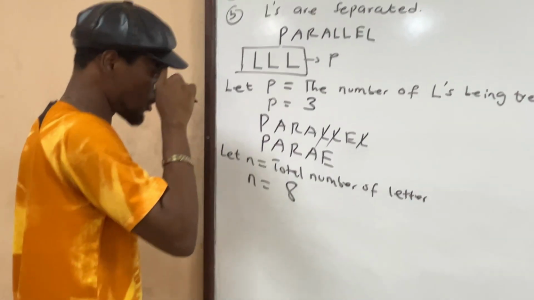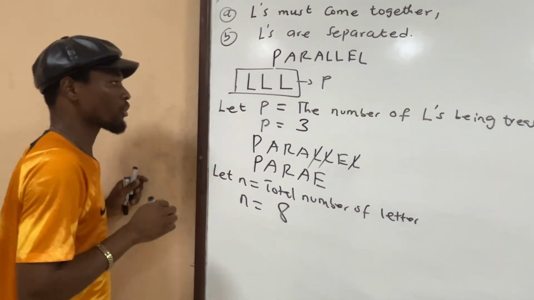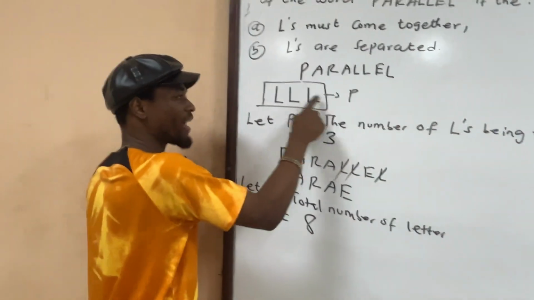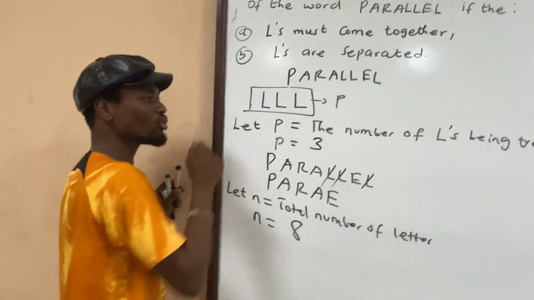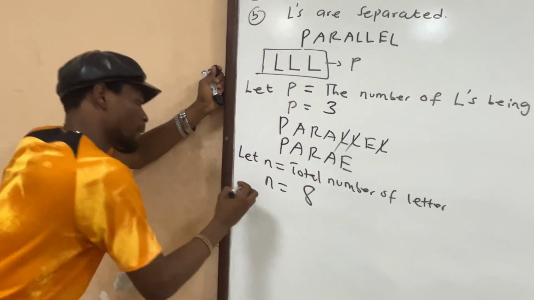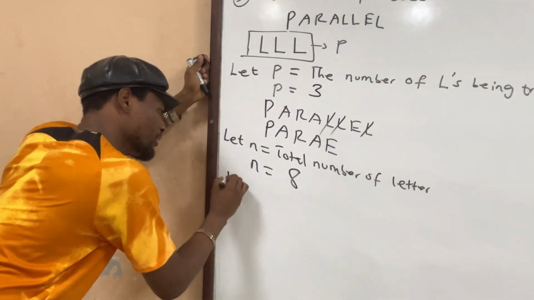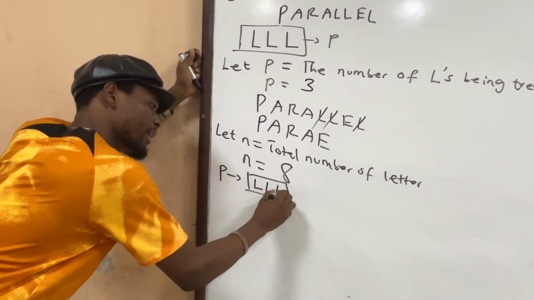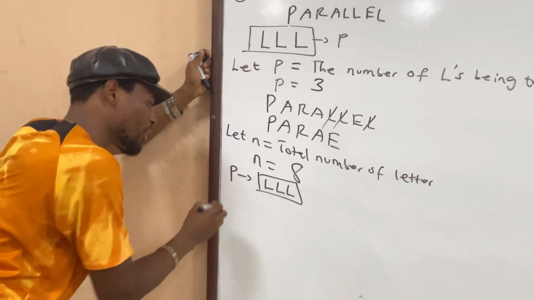So viewers, we said the P is as a result of the L's. If the P is coming from the L, L, and L, then